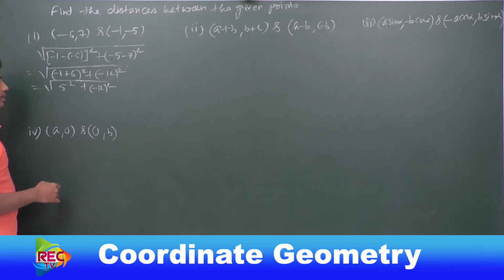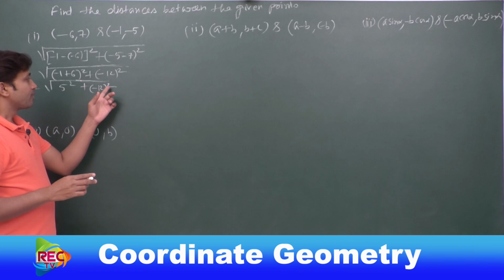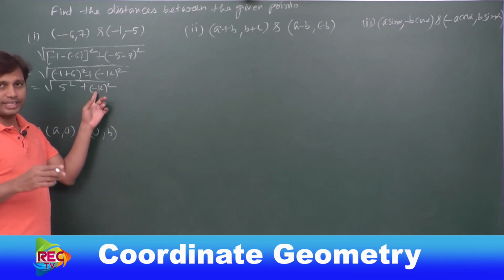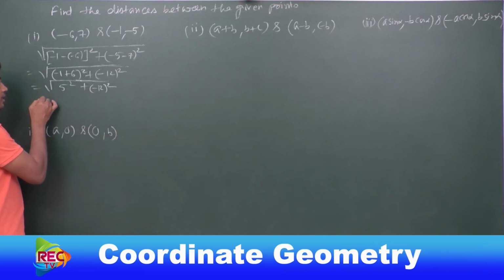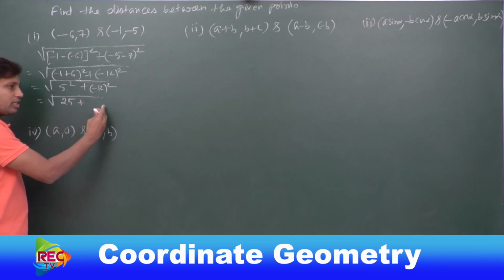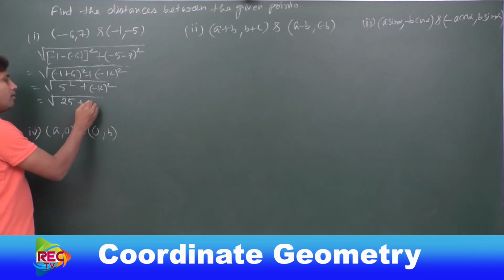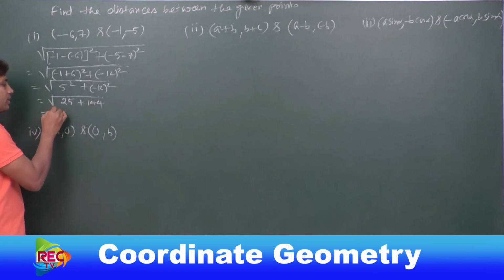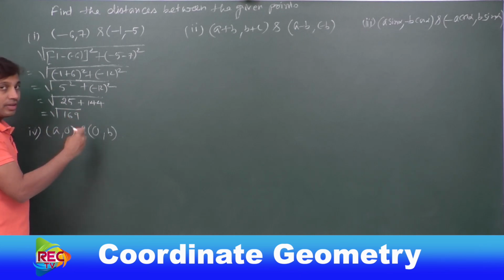Now I want to tell you one more thing here, that if an even number is there in the power of any negative base, then the value will be positive. So now here 5 square would be 25. Even 12 square or -12 whole square will give you the same result, that would be 144. 144 plus 25 would be how much? Under square root 169, which is the square of 13.